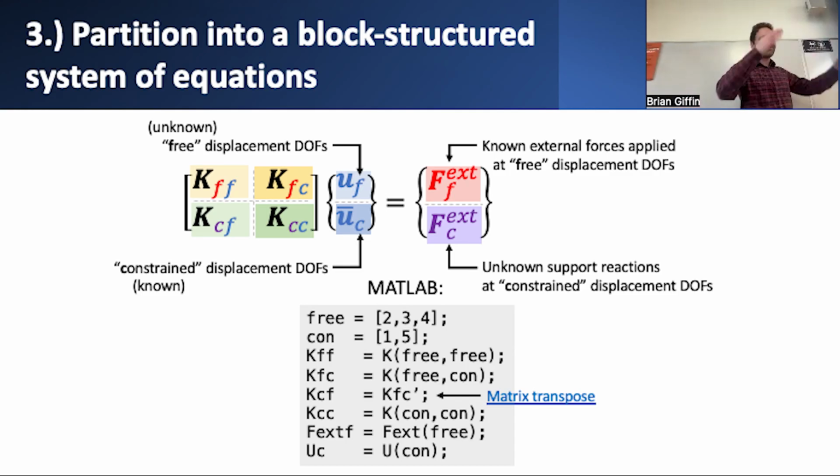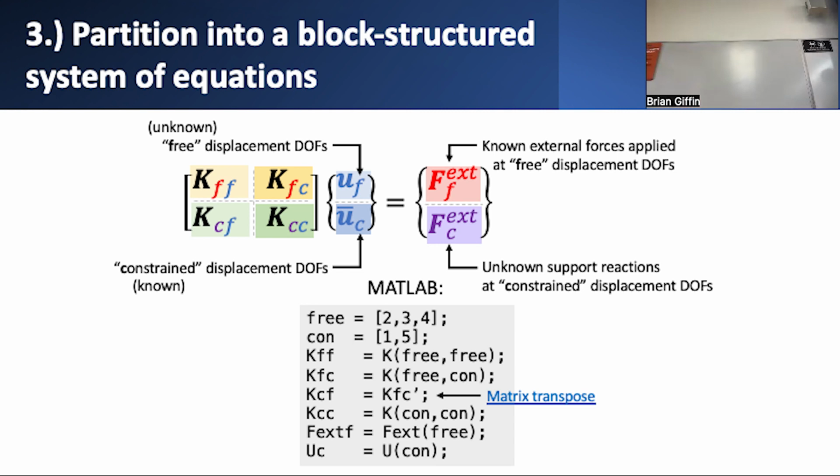I could eliminate those rows and columns, or I can take an approach that looks like this. Rather than eliminating those rows and columns, I can just rearrange the rows and columns of this resulting system of equations and reorganize the displacement unknowns and the resultant forces into a slightly different format